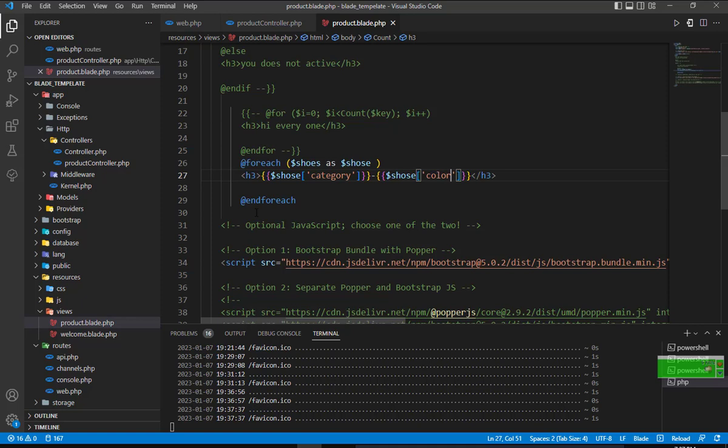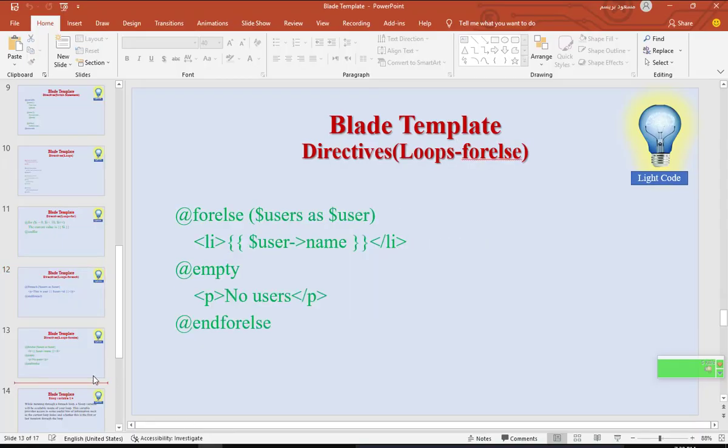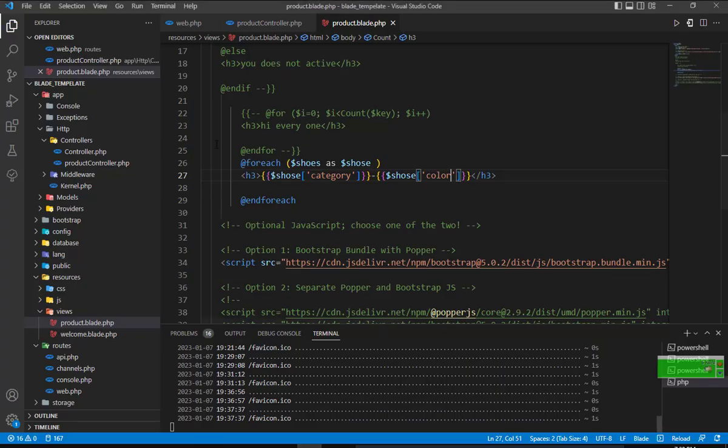Also, this loop is used extensively in the framework, but the third type of for loop is what we named, for example, forelse. I suggest using this forelse because it has a facility that makes it very important for us. So I use it for this example, so I remove this here